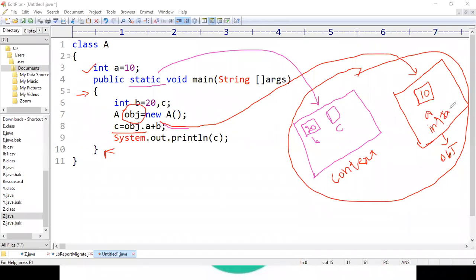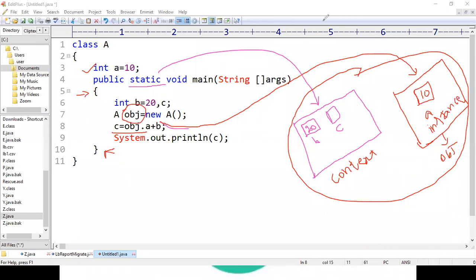I think we have completed this topic in the offline classes also, but most of the people, especially from the boys session, missed the class. And somebody asked me how to create an object, what is the need of creating an object, and what is the use of the static keyword. So I am explaining it again, right? It is called the context of a class and it is called the instance of a class.